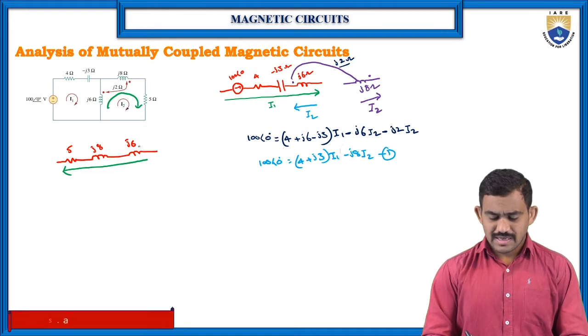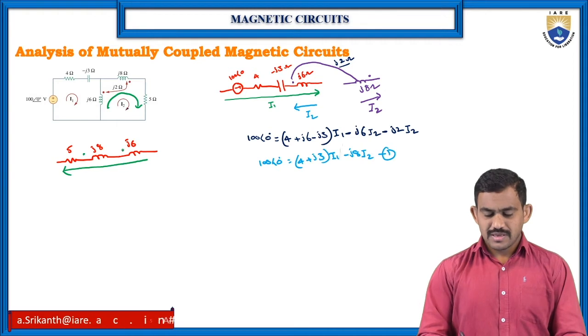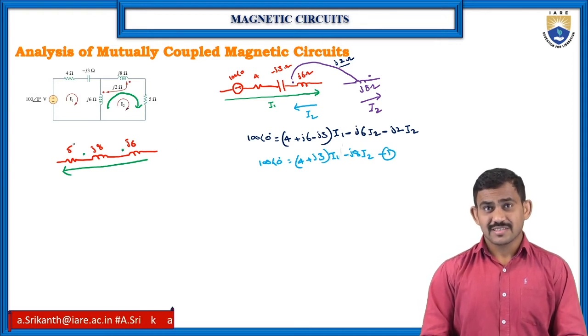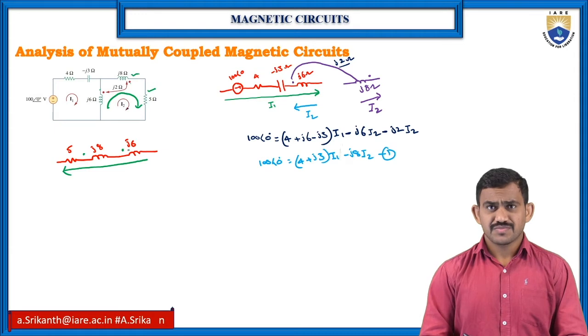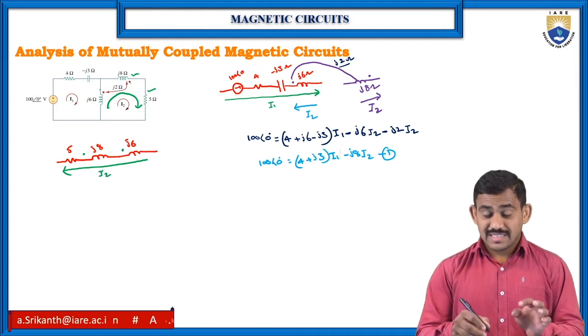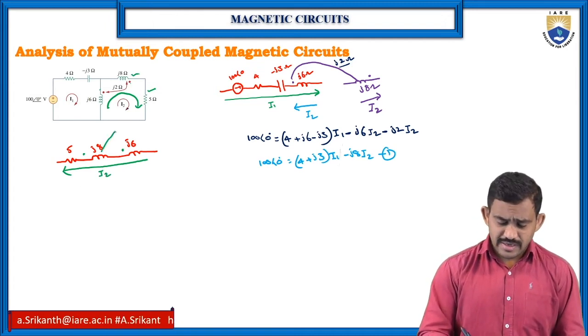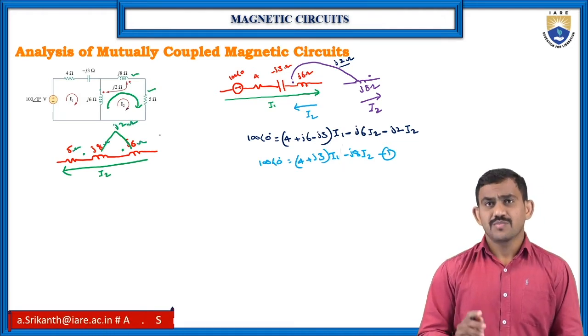So 6J is here. Check the direction and give the dots direction. Between 8 and 5 I have a dot, and between 6 and 8 I have a dot. This is your I2 current. And 6J and 8J are mutually coupled with J2 ohms.